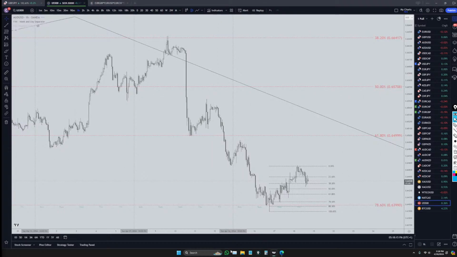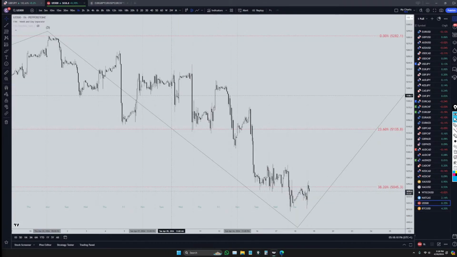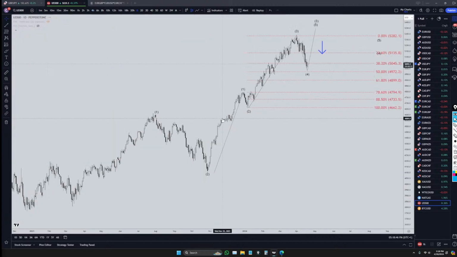The S&P 500. I was thinking that the S&P 500 was going to end the correction. I think even on Tuesday I mentioned it right here. We were at the 38% fib, and I said if price goes up and breaks structure, then I would take that as the end of a correction, the end of a wave four, and I would go long. What happened? Price went up, never broke structure, never provided a long opportunity, and it is still going down. So I still think there's a very good likelihood that the S&P 500 is going to go up again. I still think it's in a wave four. And yes, this is a pretty strong move to the downside.